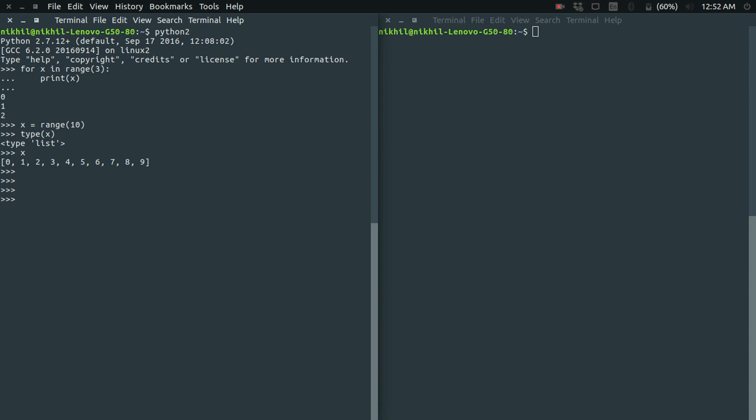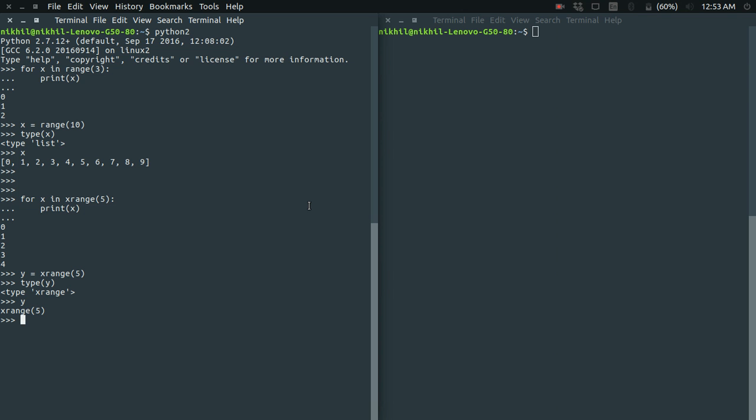If you try for x in xrange(5): print x, look at that, it works the same as range when used in a for loop. But let me type y = xrange(5) and see the type of y. Wow, it says the type is xrange, not list. And if I type y, it just shows xrange(5). So what is happening is that